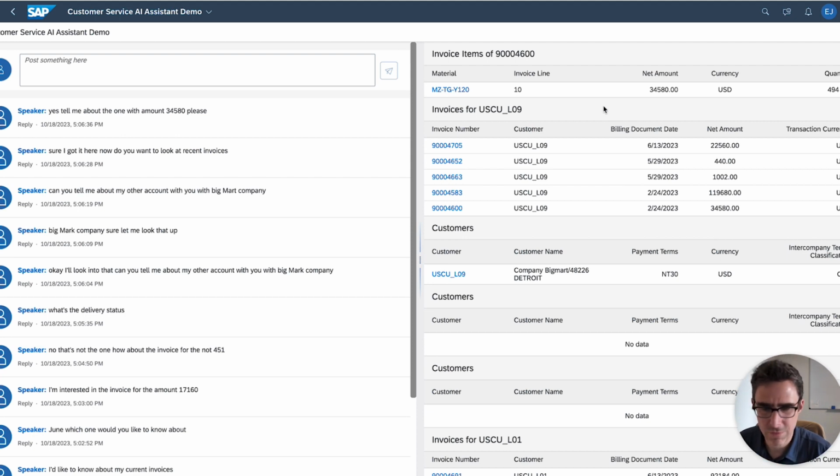So you can see how this would work for sales orders, materials, all that kind of stuff. We can get contextual information out of the actual chat going on, and we can put it up if it seems relevant. So in an actual application, you could think about having this be an optional pane that the CSR could have in the CRM Web UI or in Cloud for Customer. But you can also think of a bunch of other applications for this type of contextual AI engine. You can have it reading the Fiori application you're looking at in the Fiori Launchpad, for example, and parsing out some information there.